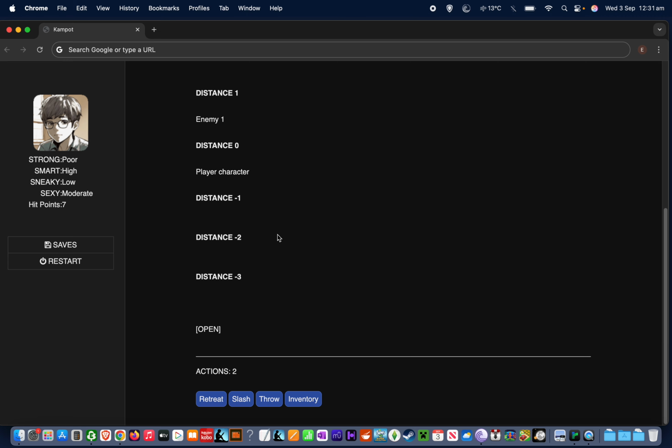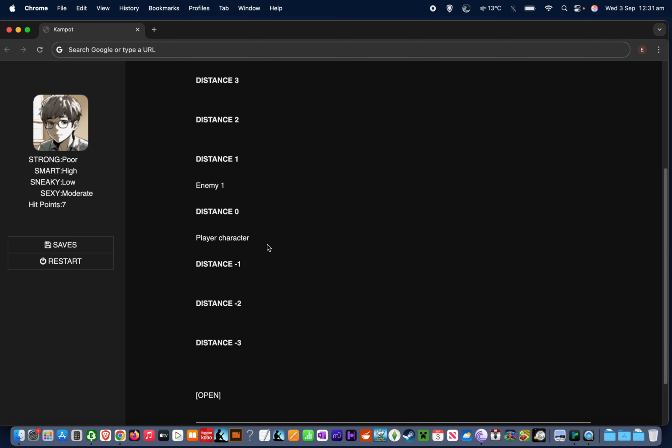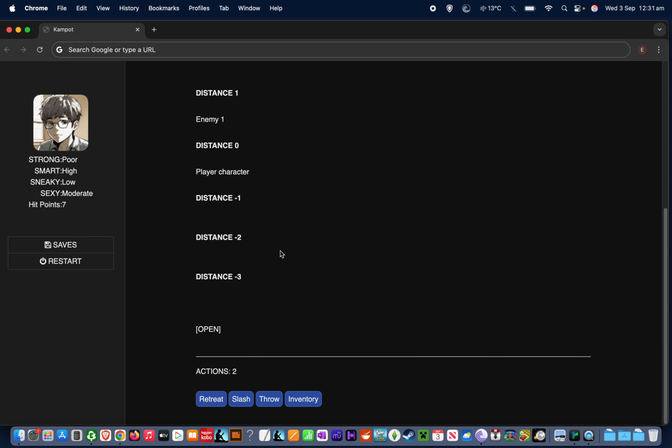And it doesn't exactly behave as we would expect. So I'll show you what I mean. I can slash, and that's as we'd expect, because the enemy is still undamaged and therefore hovering, and therefore not in range of a slash attack. So instead I might choose to throw it,